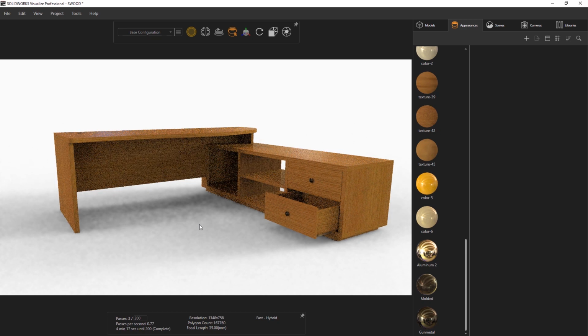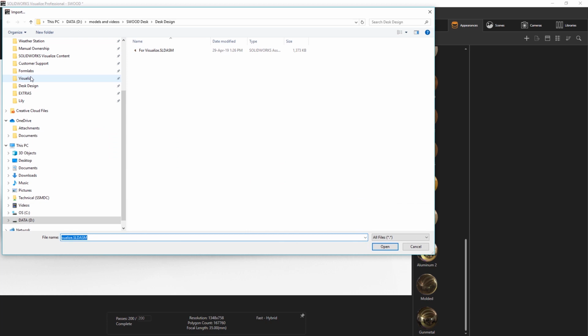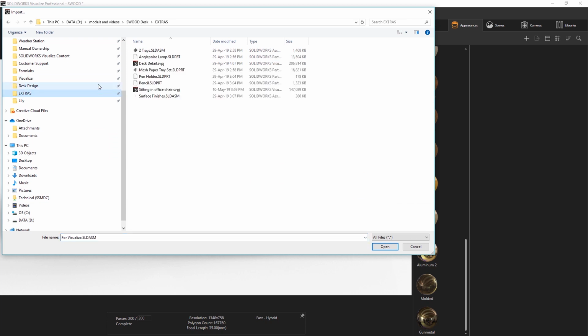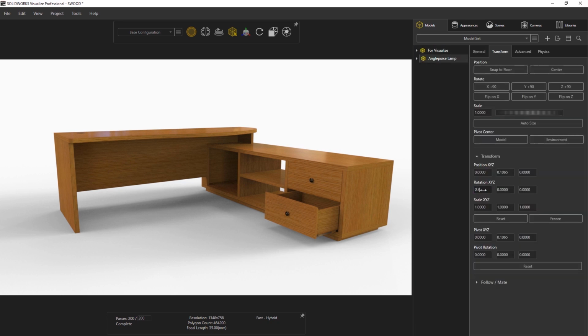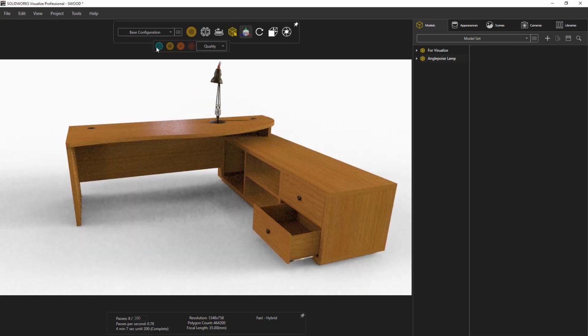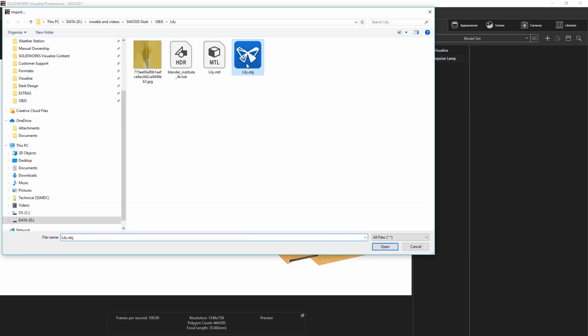This is looking okay, but to really show the desk off, it is often nice to have some extra models that interact with your furniture designs. These can either be models that you have designed in SOLIDWORKS like the angle poised lamp, or even files like these lilies which have an OBJ format.